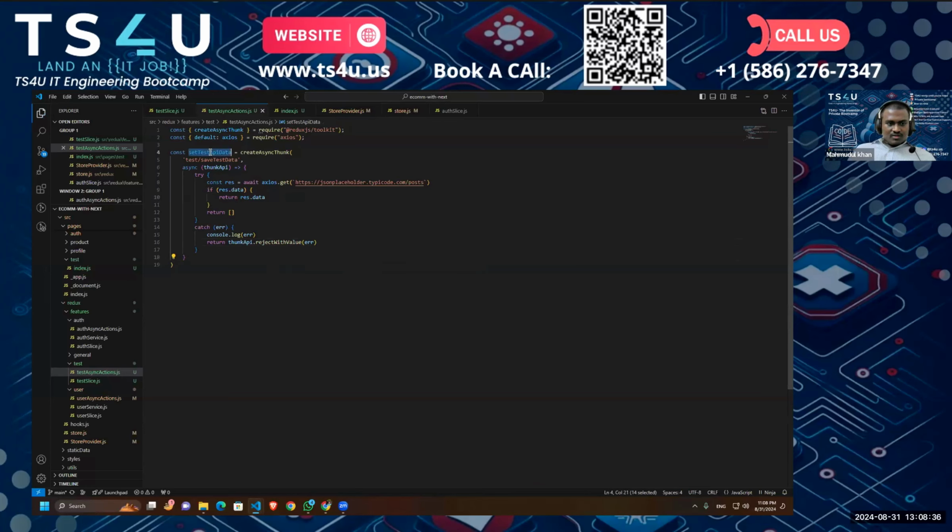After that, I'm going to export this async thunk function from here, export default. So I am exporting the